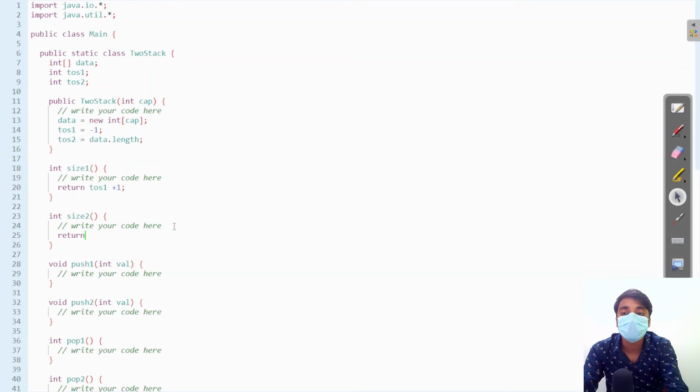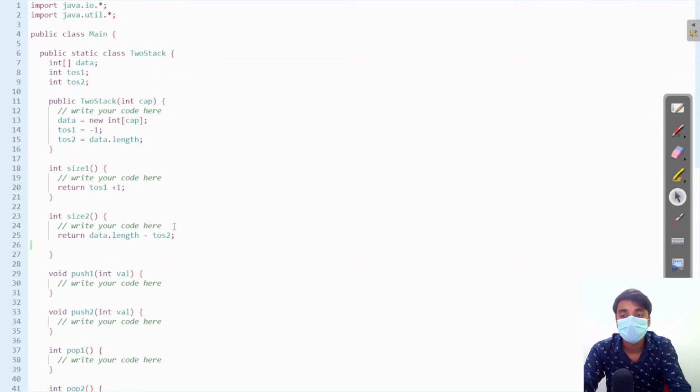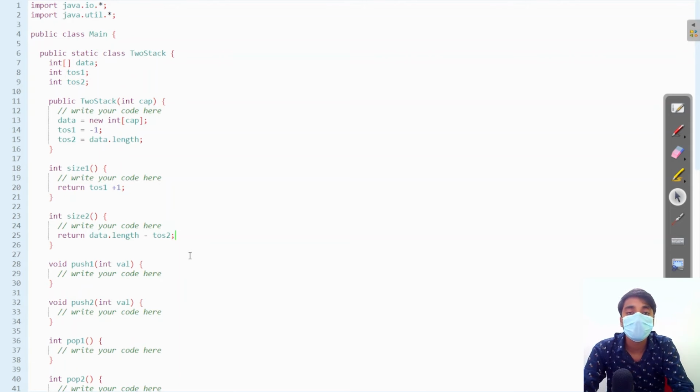Now size2 is the difference between data.length and tos2. So if tos2 is equal to data.length, that means there is no size, that is 0 size of stack 2.